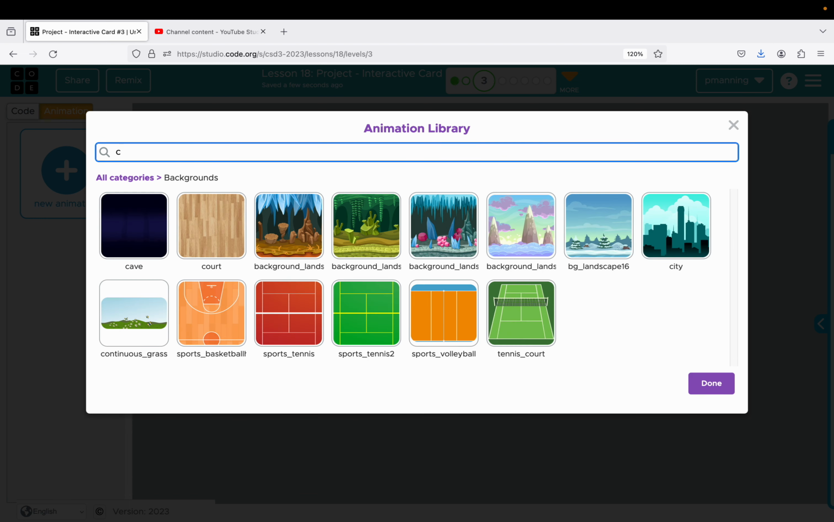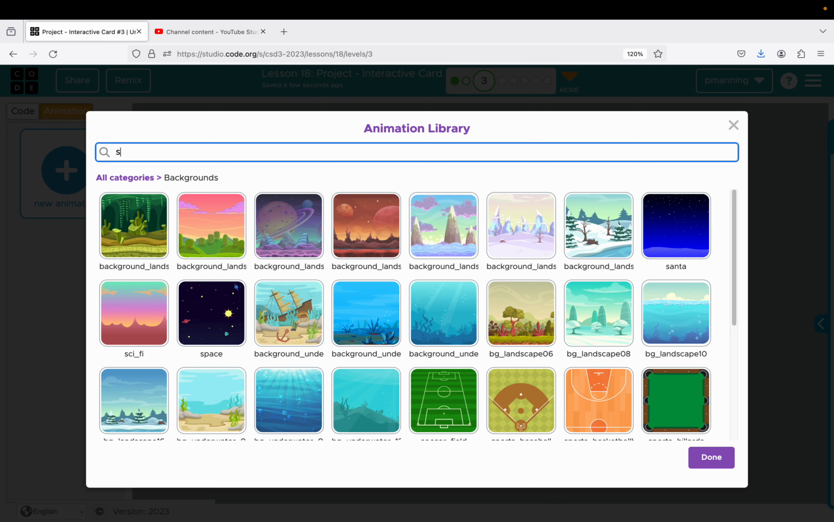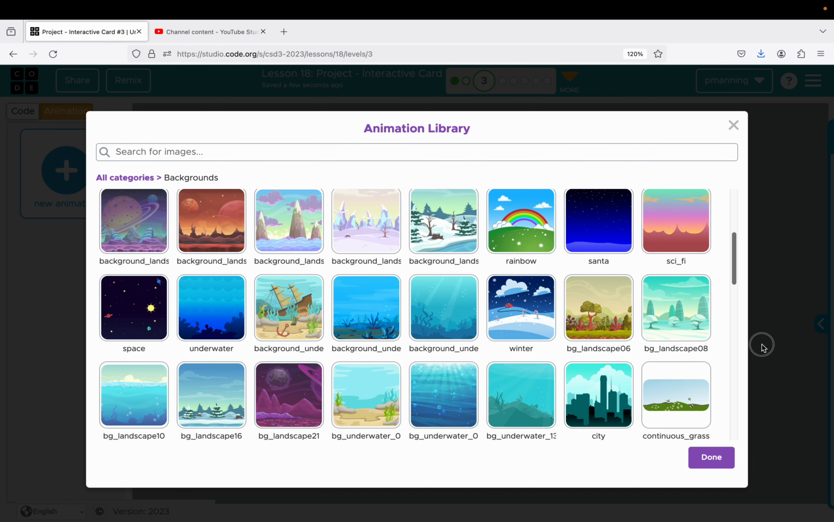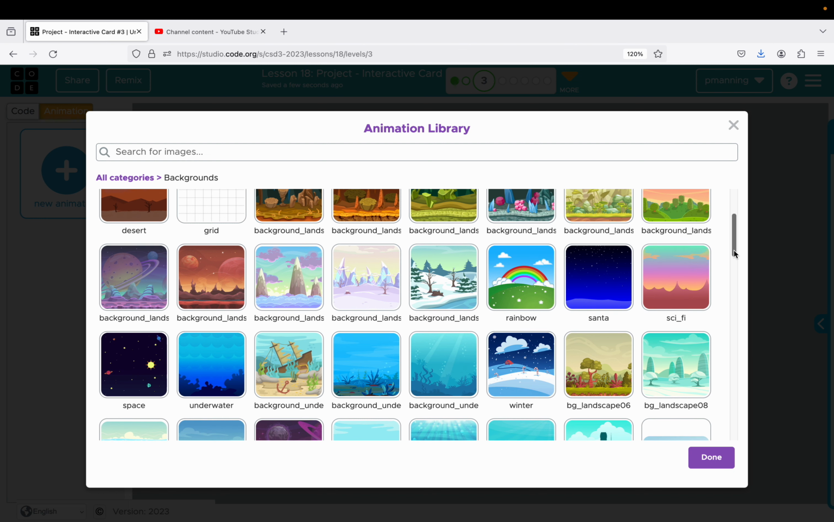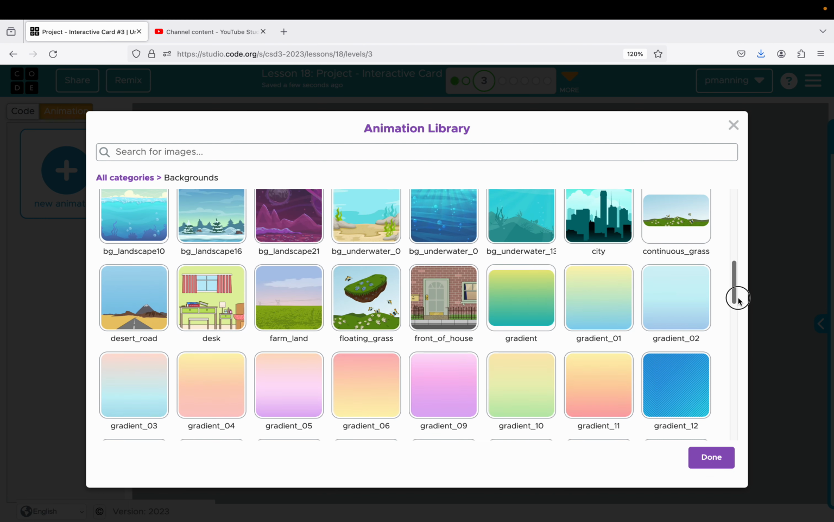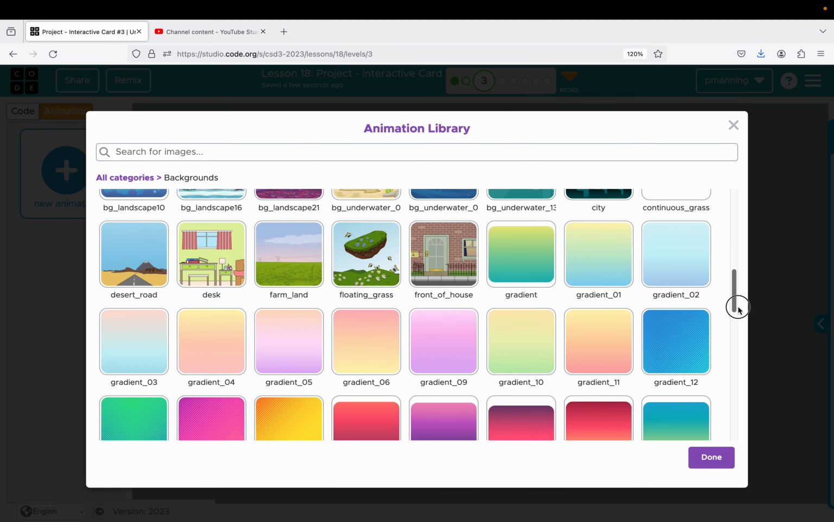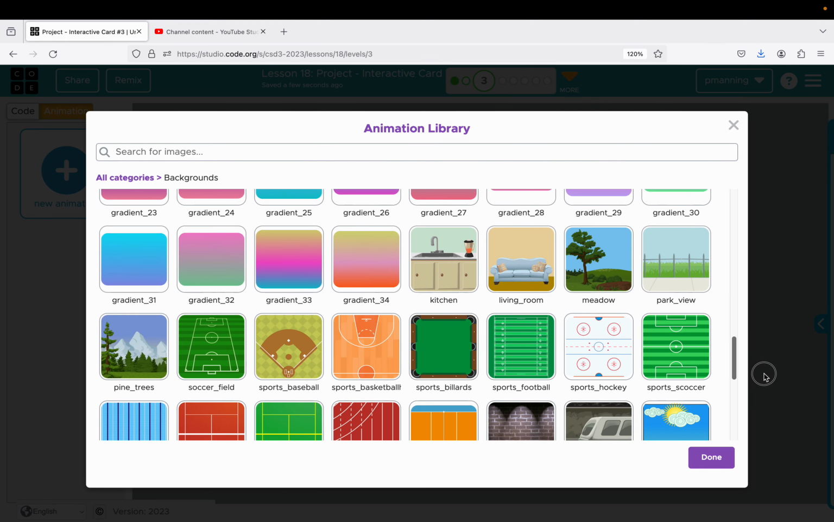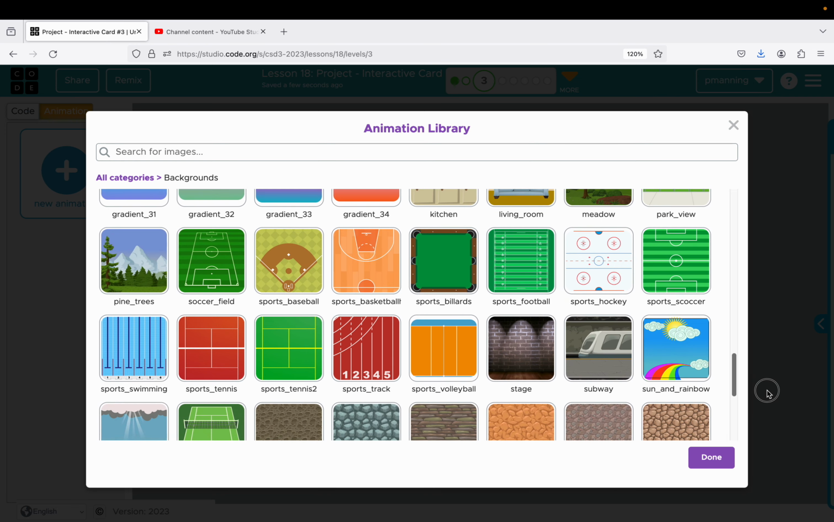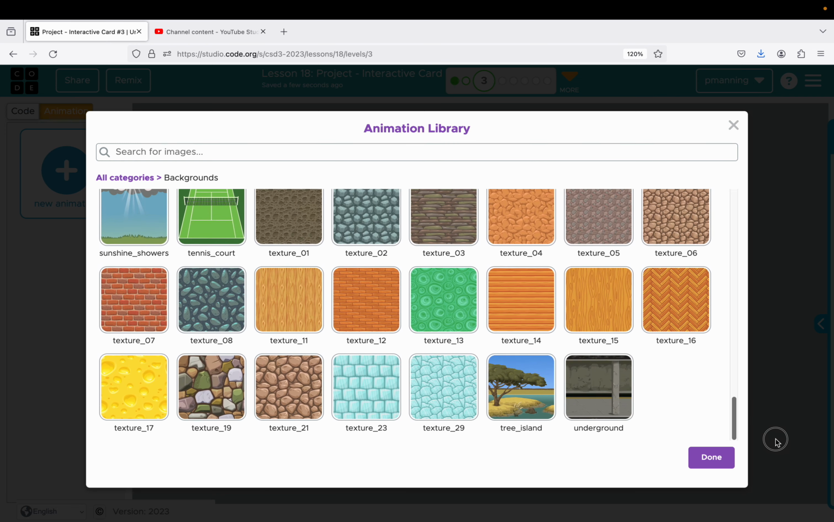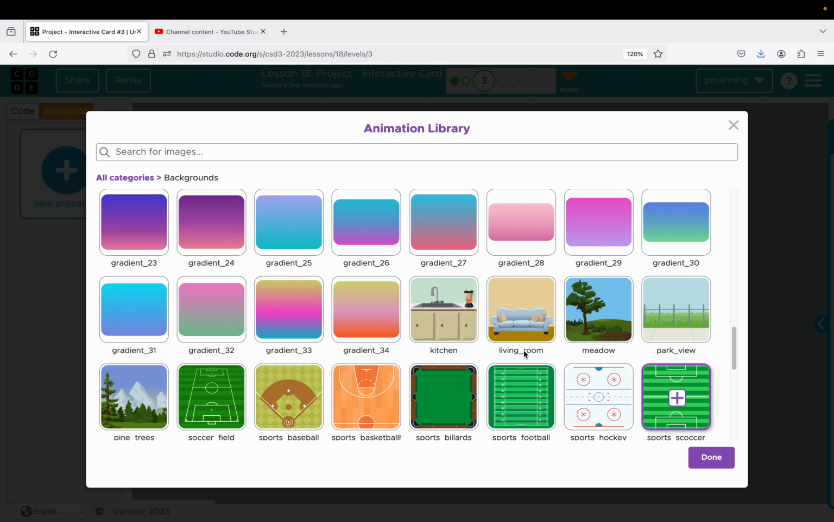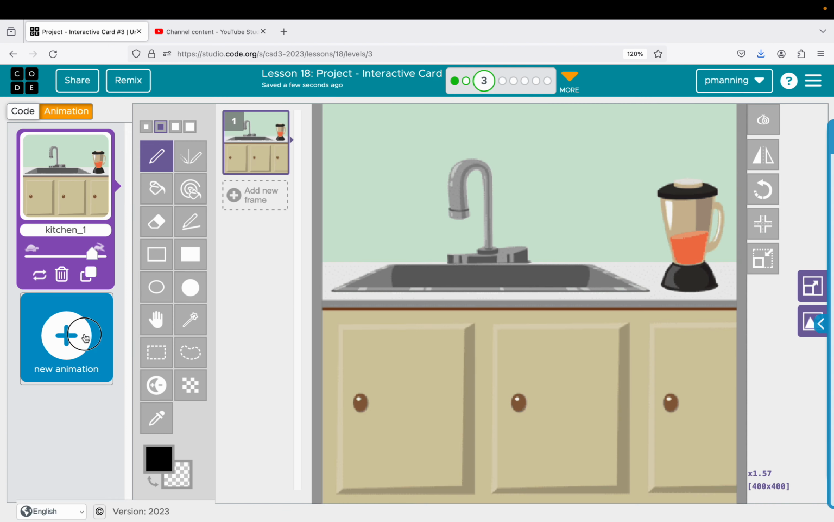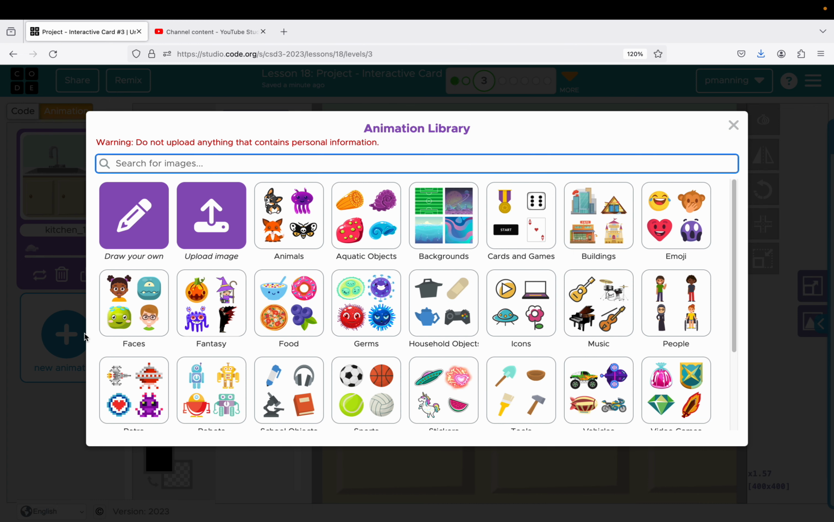There's not one for a cafeteria. I was inspired by a possible food fight scene is where I was going to go. We may have to use that kitchen scene. I think that's what we'll do. So we've got a kitchen,